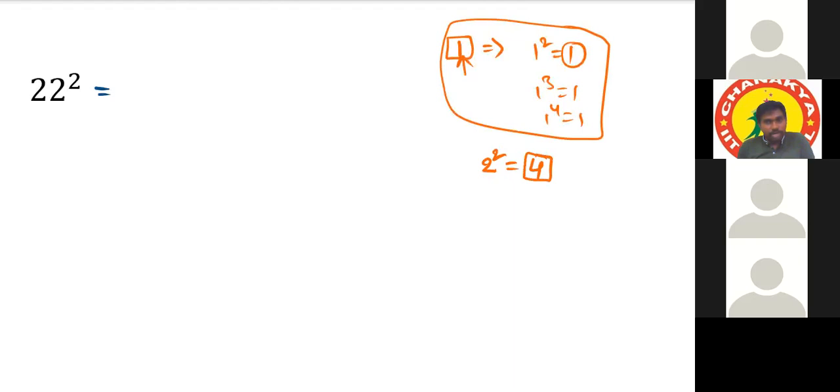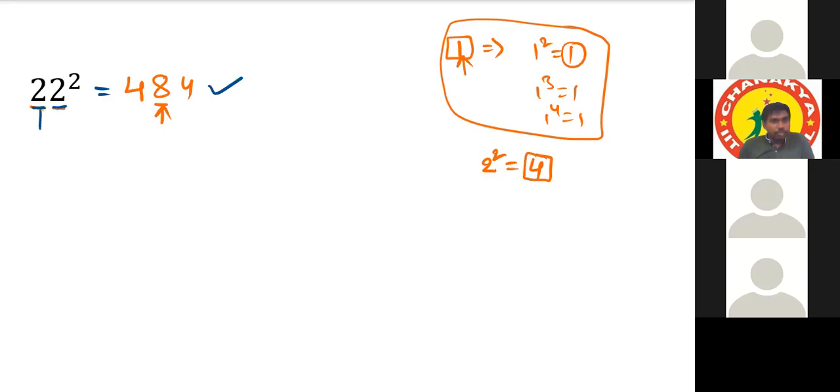How many 4s do we have to add? As many as there are 2s. So first write only 4. Then 4 plus 4 is 8. Then again reduce to 4, because only two 2s are there, that's why we added two times only. That's the answer. Got it? Understood.